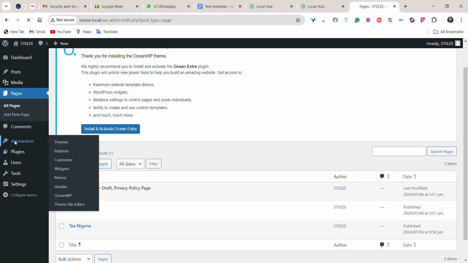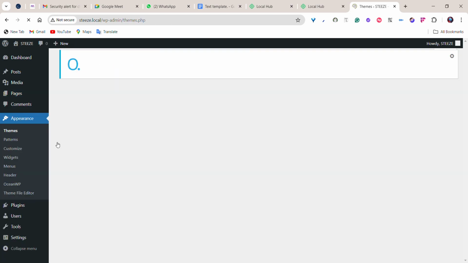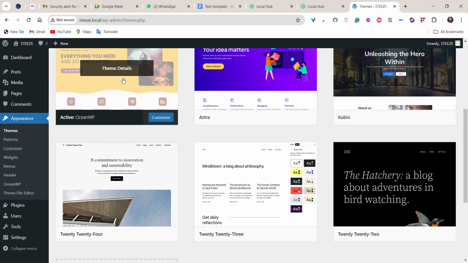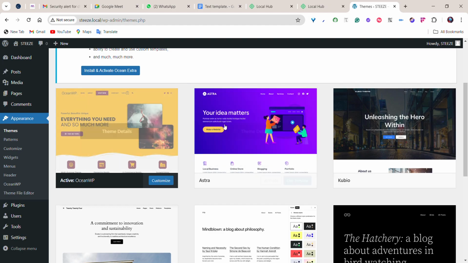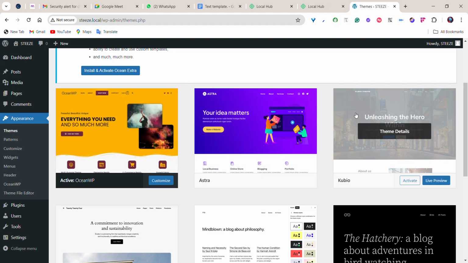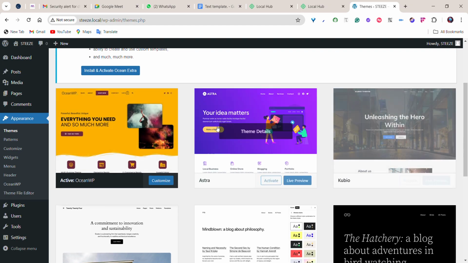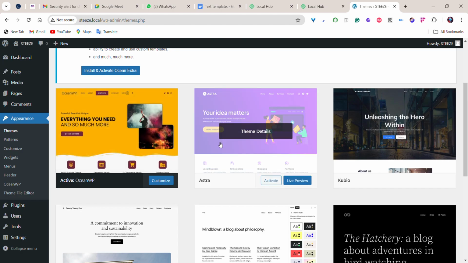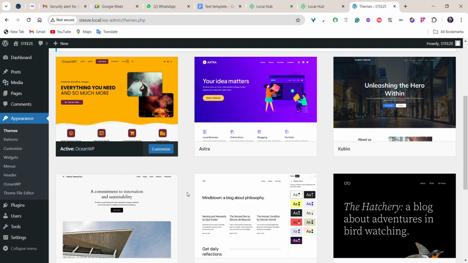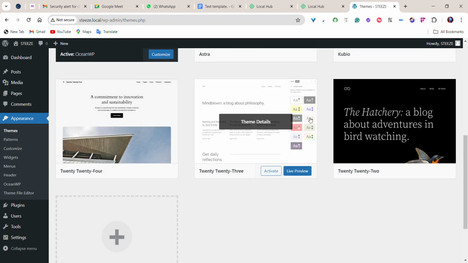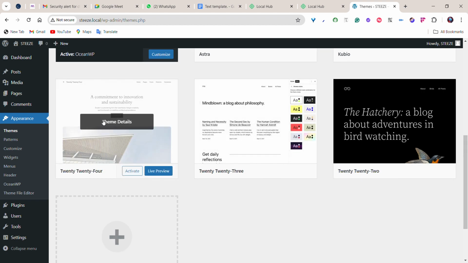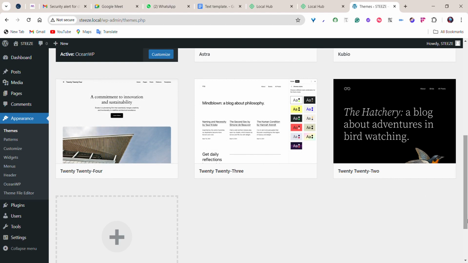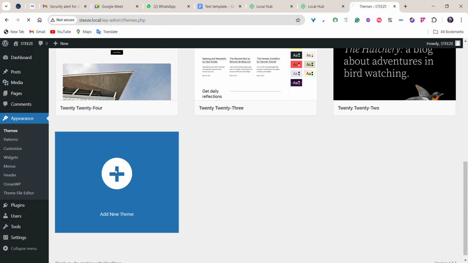So moving on to appearances. In appearances, you have your theme. That is where you have your theme, and like I explained, theme is just like the feel or interface of the website, how the website will look, the way you want the website to be designed. And basically, for those of you that are just installing for the first time, you're going to see that we have just these three. But if you go over to add new theme,